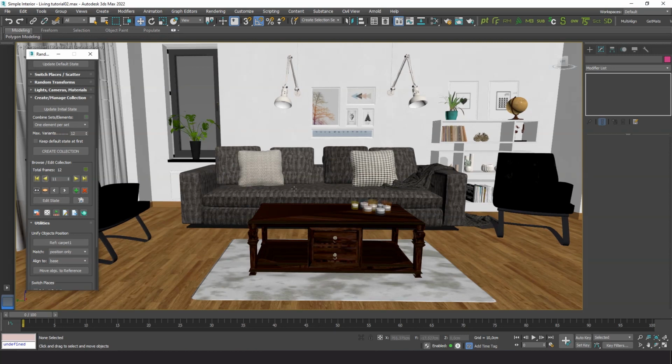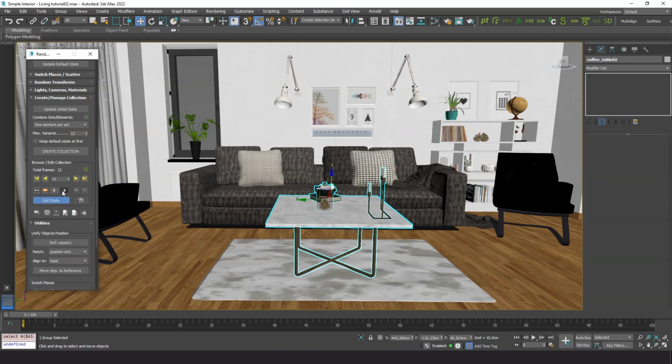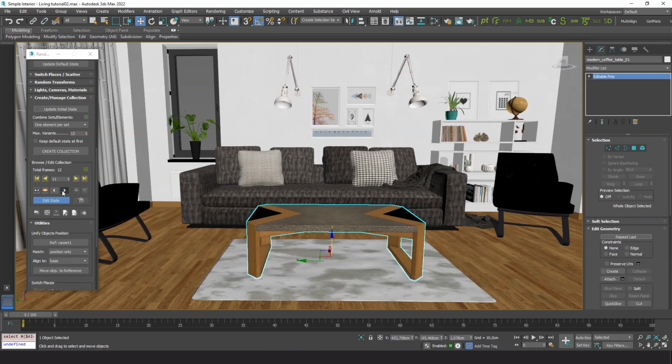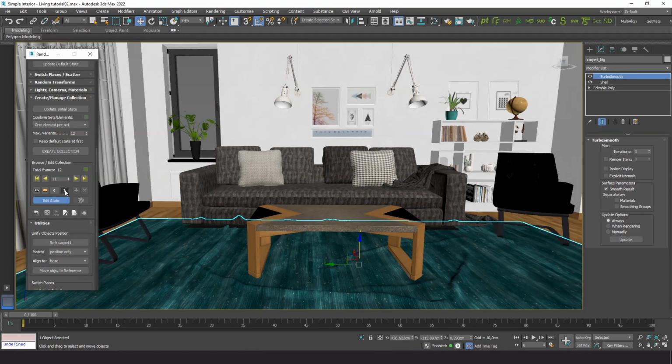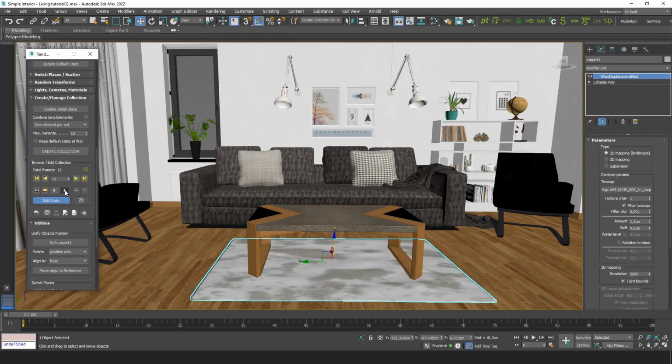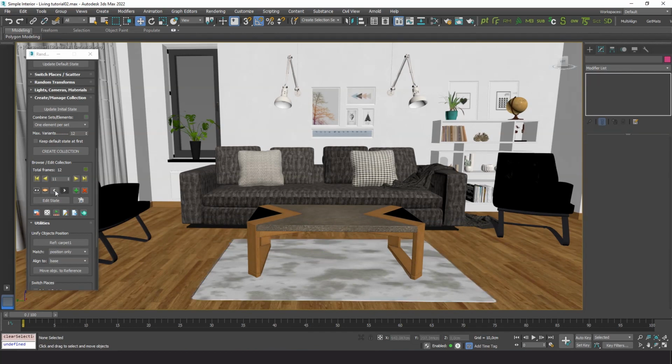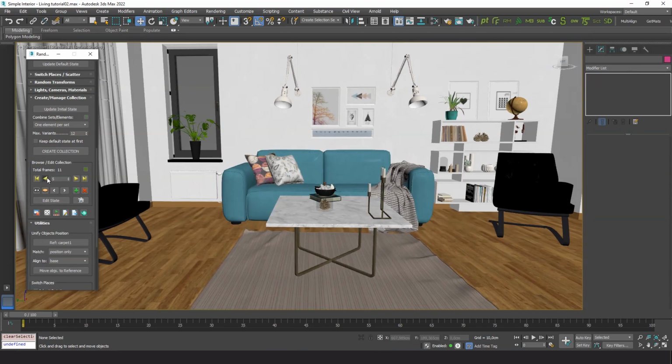Let's see how to edit an existing collection. With Edit State on, you can make changes to the current frame of the collection. For example, let's use these white arrows to change the selected model for another one from the same set. This way we can make our custom changes. We can also delete unwanted frames or variants from the collection.